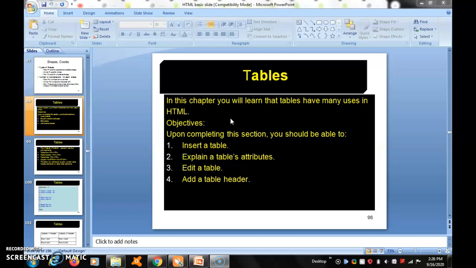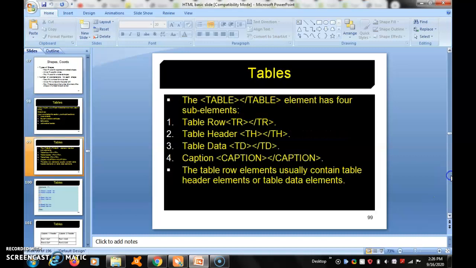Here in this table, 3 tags only. Table means the starting table tag, then use the close table tag. The table element has 4 sub elements. What are the things? Table header, table row, table data, then caption.